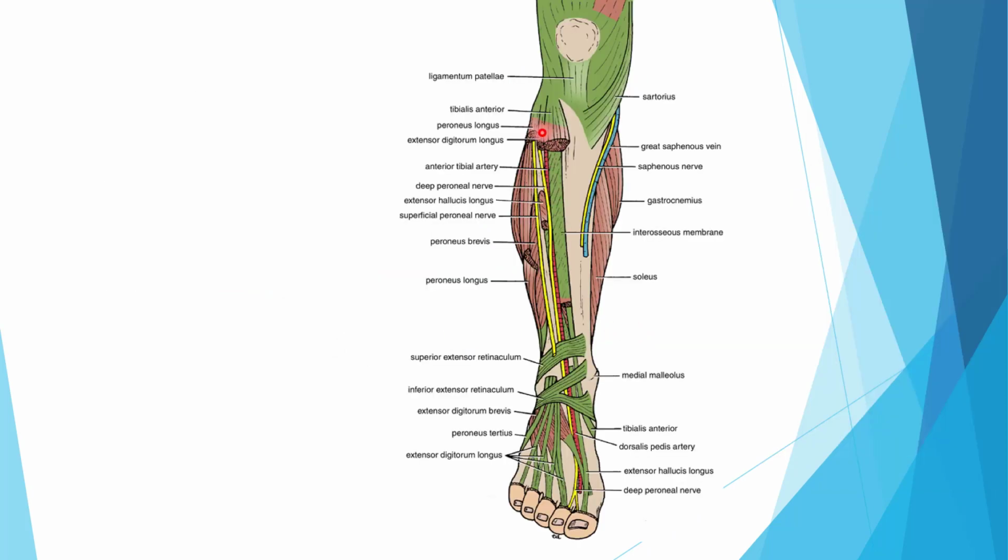See here in this diagram, this is common peroneal nerve. It is divided into superficial peroneal, which will supply the peroneus longus and the peroneus brevis muscle. And this is deep peroneal nerve, which is the nerve of the anterior compartment of the leg. So these are two